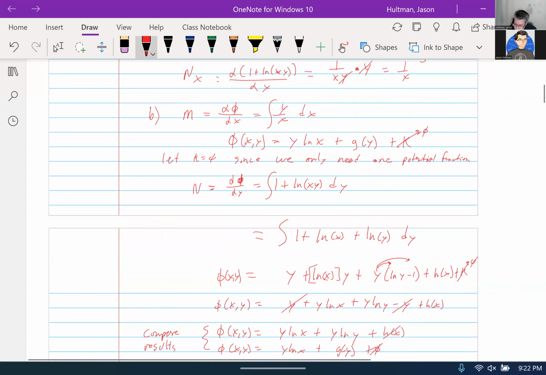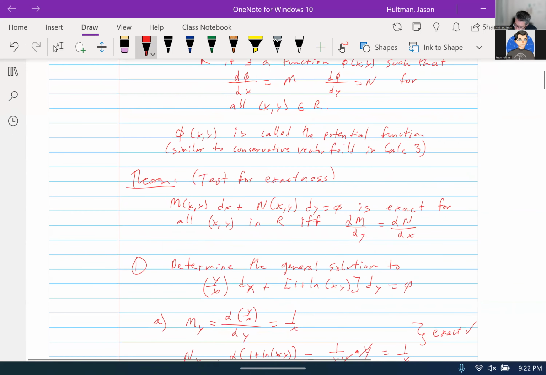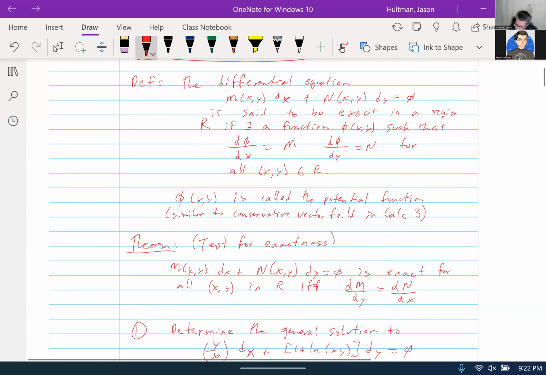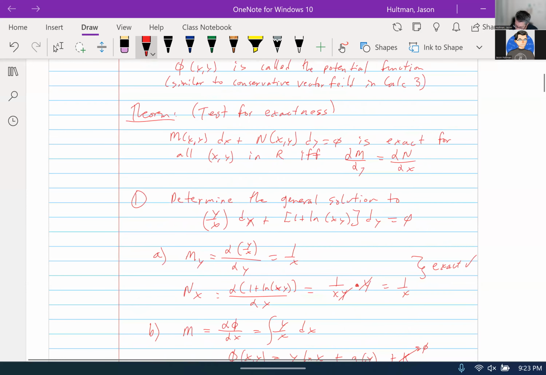We found the potential function, and it says that we have m with respect to x, plus n with respect to y, dx and dy is equal to 0. So the derivative of this potential function